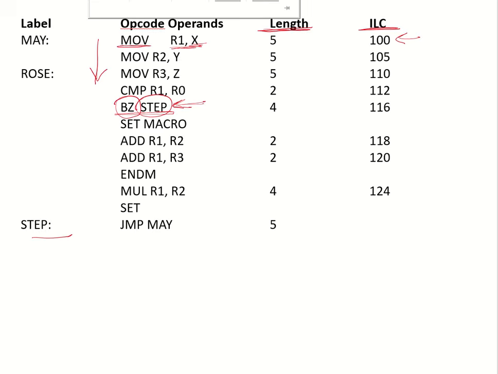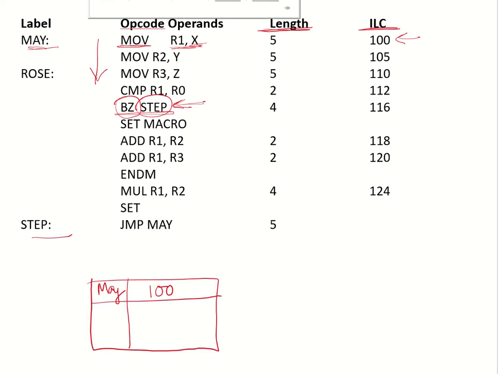So in the first pass, as the assembler moves down, starting from the first instruction, it will keep track of all the labels and the symbols that are being used. The first symbol that it encounters over here is an address label which is May. So in the symbol table, it will add May and add a value of the address starting from the beginning of the program. So the value over here is 100 for this particular address label.